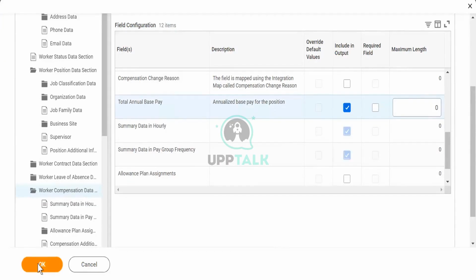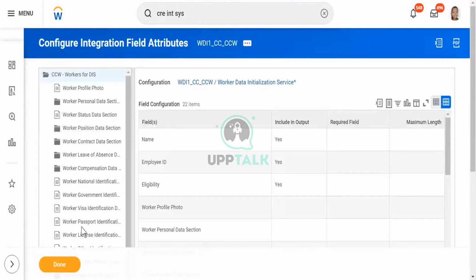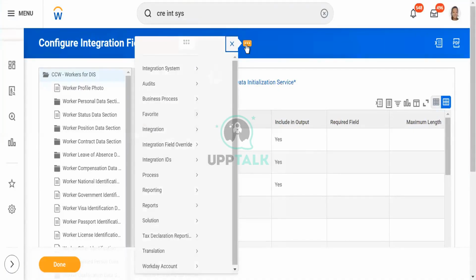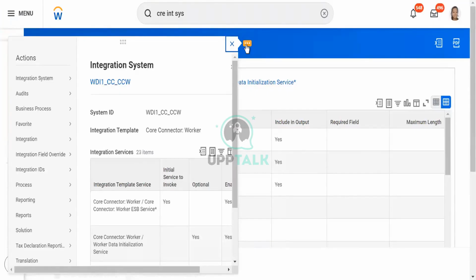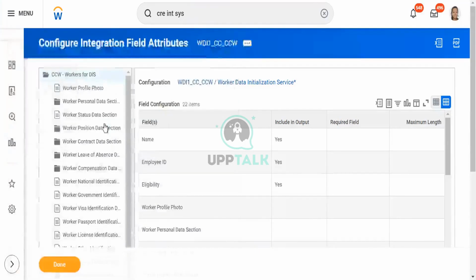Now what I'm doing, I'm going ahead and clicking on OK. And there is one more thing which comes into the picture. What is that? That is the eligibility criteria. Now what is this eligibility criteria? The eligibility criteria is what sort of data you want to pull. For that, you have this option which says configure integration field override. Here you will get